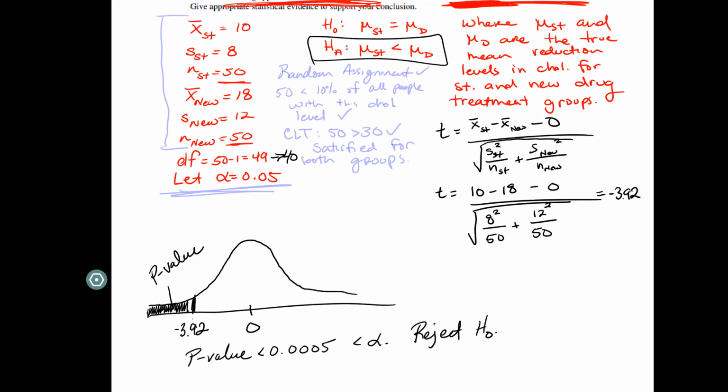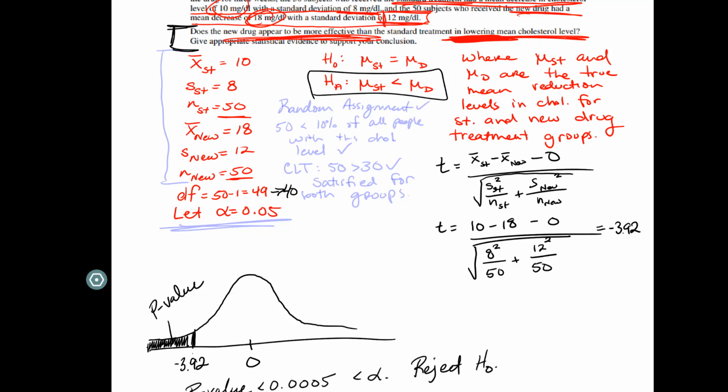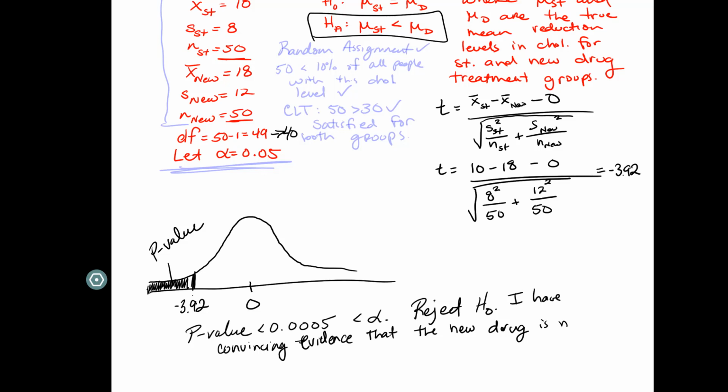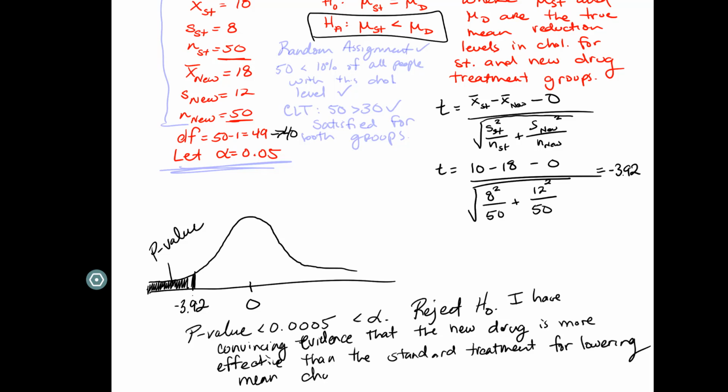So how do we write out this rejection statement, right? This is where it can get a little bit tricky. Here was our question. Does the new drug appear to be more effective than the standard treatment in lowering mean cholesterol levels? Yes. The new drug appears to be more effective than the standard treatment in lowering mean cholesterol levels. I have convincing evidence that the new drug is more effective than the standard treatment for lowering mean cholesterol levels